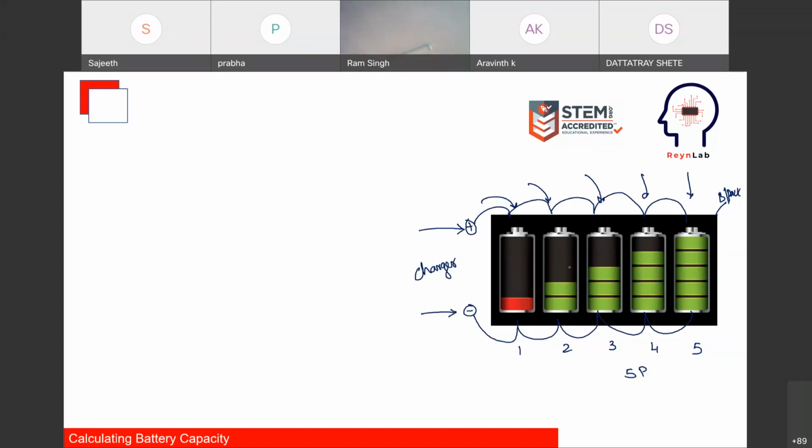What do you think is going to happen? This cell is at 10%. It can take 90%, right? So this can take 90% charge. This is probably going to take only about 70%. This can take only about 40%. This can take another 10% of charge. This cannot take any charge at all. So it is possible for us to have multiple cells with multiple charge levels inside a battery pack.